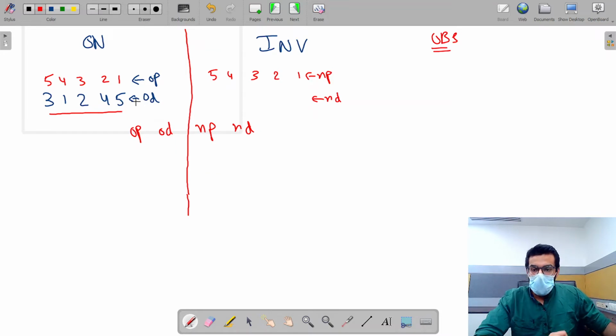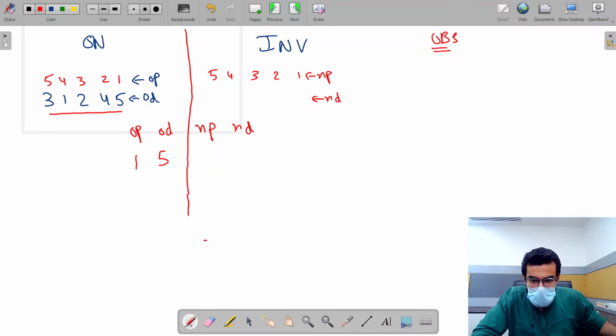So first, I will start from position 1. So OP is 1 and I see that the original digit is 5. Now the new position will be equal to this original digit, and the new digit will be equal to this original position. So this becomes 1 over here.